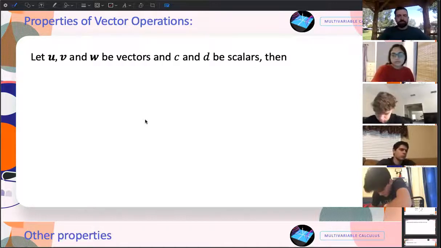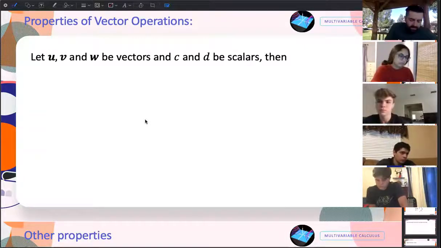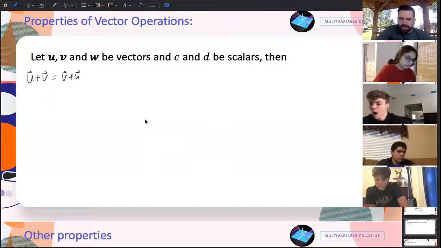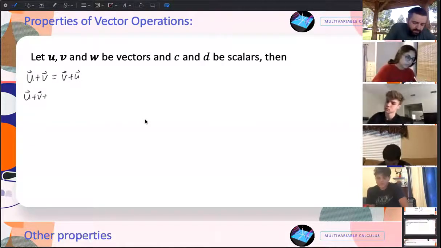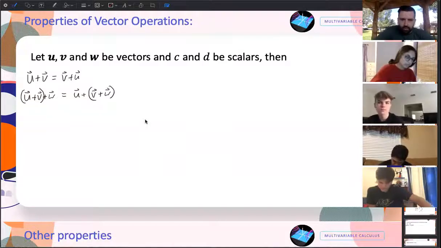As we add operations, sometimes they're not so intuitive, so they'll be more important. These ones are pretty easy, right? We have the commutative property: u plus v is the same as v plus u. Order doesn't matter when you're adding vectors. And the associative property is true as well. For u plus v plus w, it doesn't matter which ones you add first. I could add v plus w, then u, or I could add u plus v, then w. You can group however you want with addition.